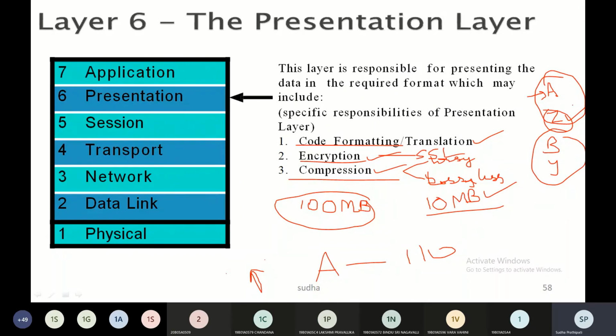So I'll send some secret message to you saying that whenever there is A, I'm replacing A with Z, and some coding scheme I'm giving you. Okay, so this is my algorithm. I am framing some scheme here so that only you and me know: I will encrypt and send the data to you, and you will be able to decrypt it based on the algorithm that we agreed upon. So that is the difference between encryption and code formatting or translation.